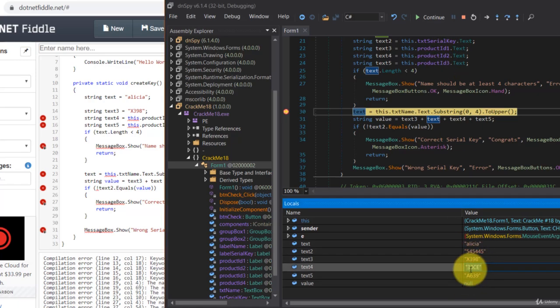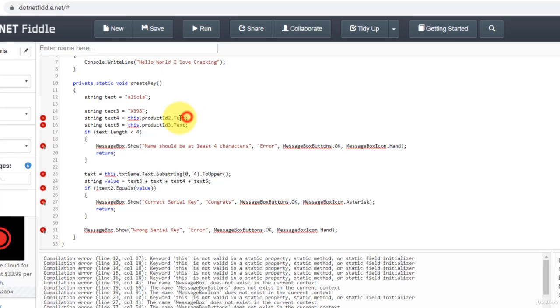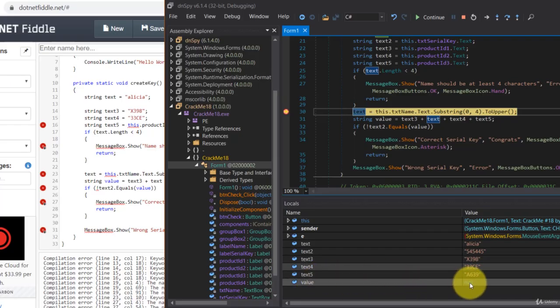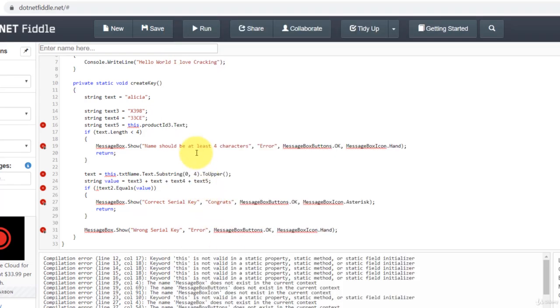33C3, double click and then Ctrl C to copy, and replace all this with 33C3. And the last one is text5. So let's go to your debugger, look for text5, it is A639. So double click on this, copy this and paste it in here,